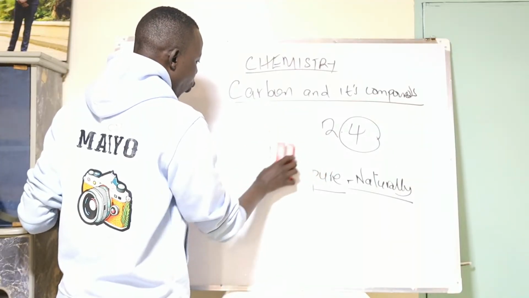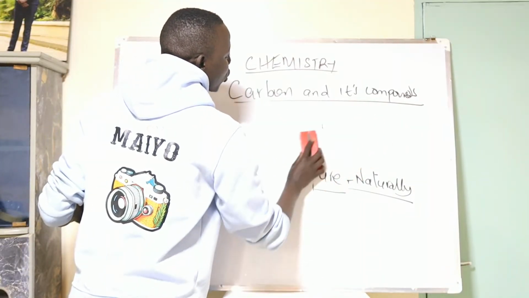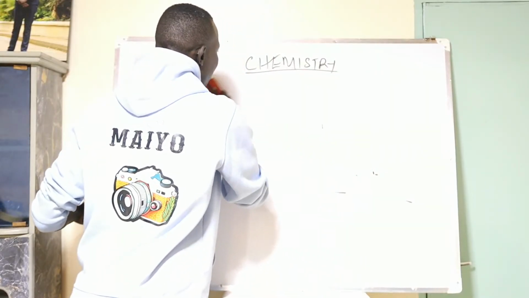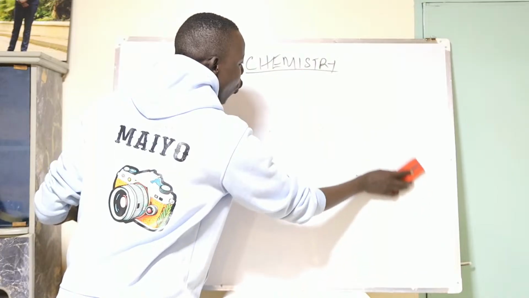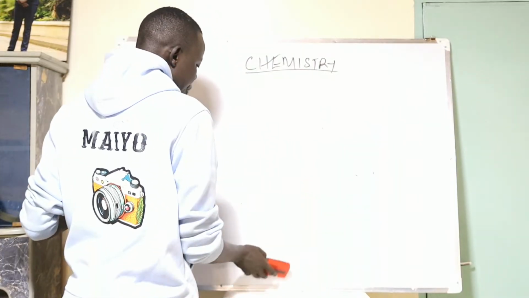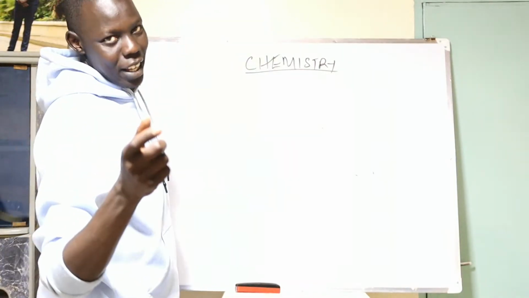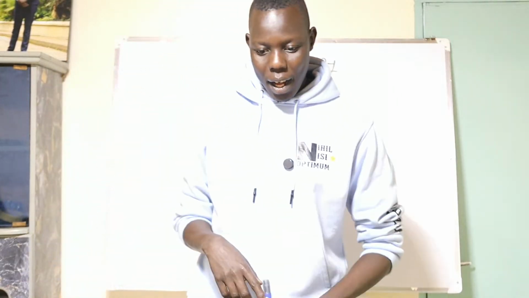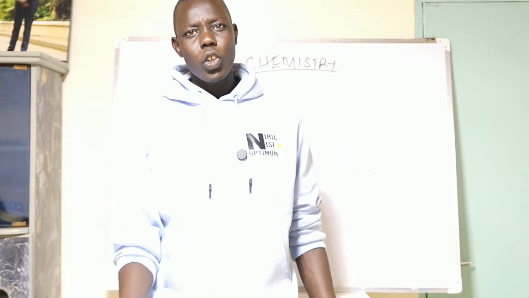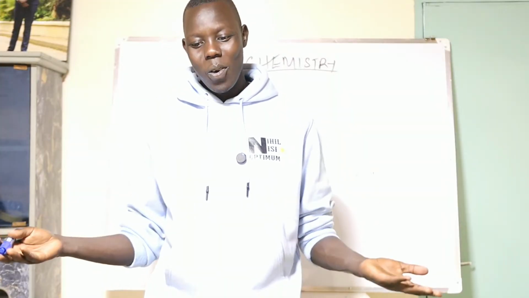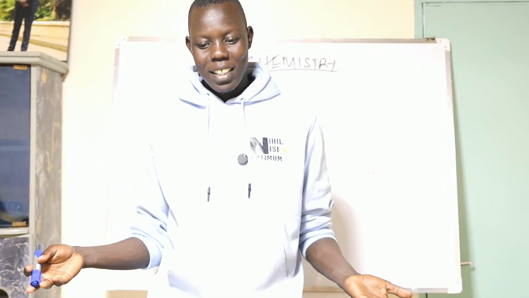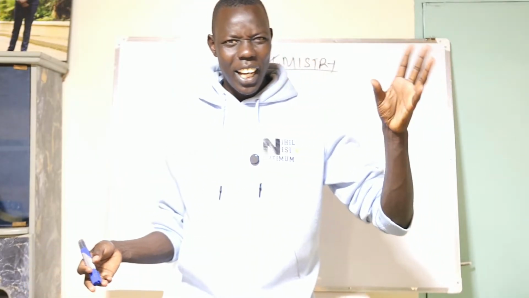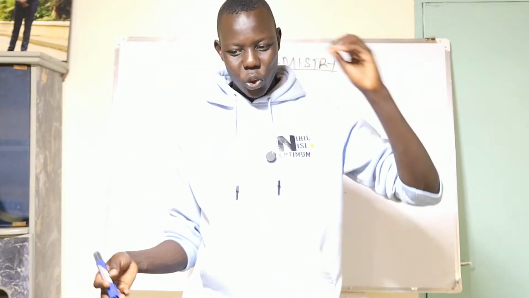So, tuangalie, there are always 4 questions that you need to ask yourself about diamond. Anytime you get to ask yourself about diamond, there are only 4 or 5 by extension. If you're able to answer the following, then you will be okay with the diamond. First of all, the physical appearance. How does it look like? Actually, it doesn't have a specific color. We call it colorless. It is shiny, colorless, crystalline, solid.